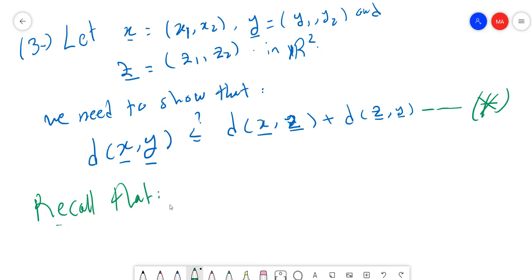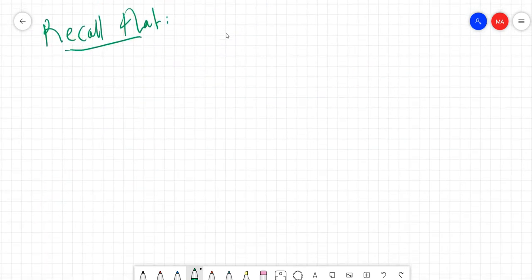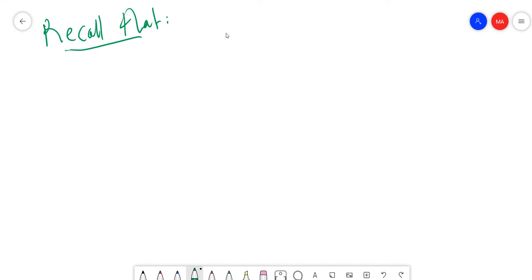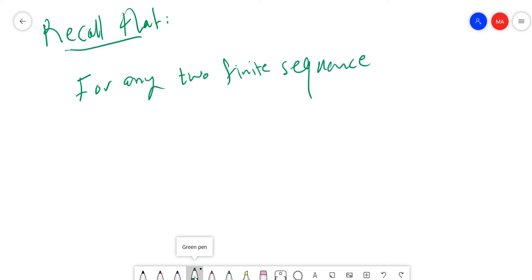Recall that for any finite, and indeed infinite, two sequences of positive real numbers, we have